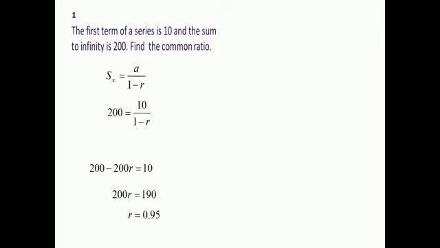Okay, here the first term is 10. Sum of infinity is 200. Find the common ratio. You have to write the formula. Apply the values which we know. 200 is equal to 10 by 1 minus r. Okay, how can we find the variable? Yes, you have to cross multiply, expand the bracket and subtract. 200 into 1 minus r. That means 200 minus 200r is equal to